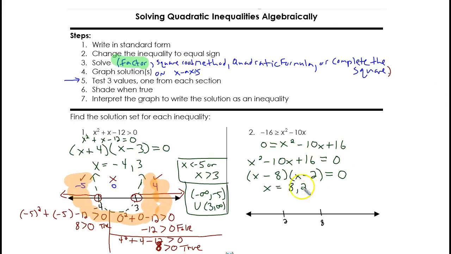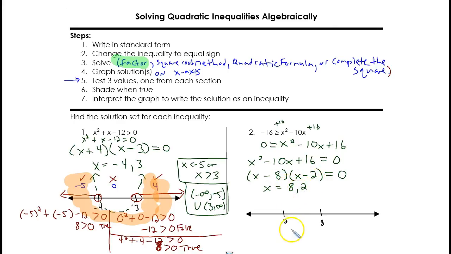In example number 2, same thing. First, I added 16 to both sides to get it in standard form. And then I set it equal to 0. Moved this whole expression to the left side of the equal sign. I really just flip things around the equal sign. Factored x squared minus 10x plus 16 to get x minus 8 times x minus 2 to get two solutions,